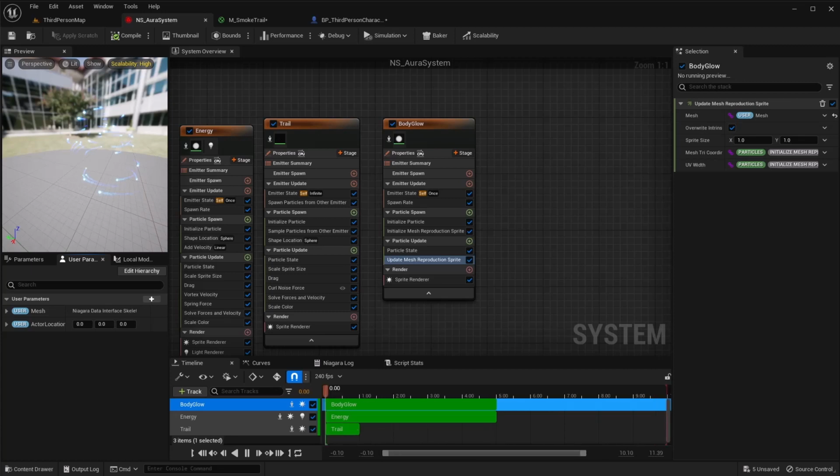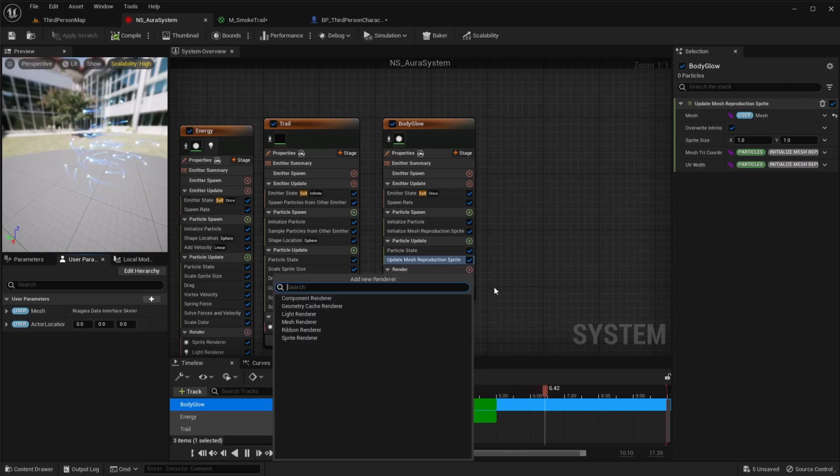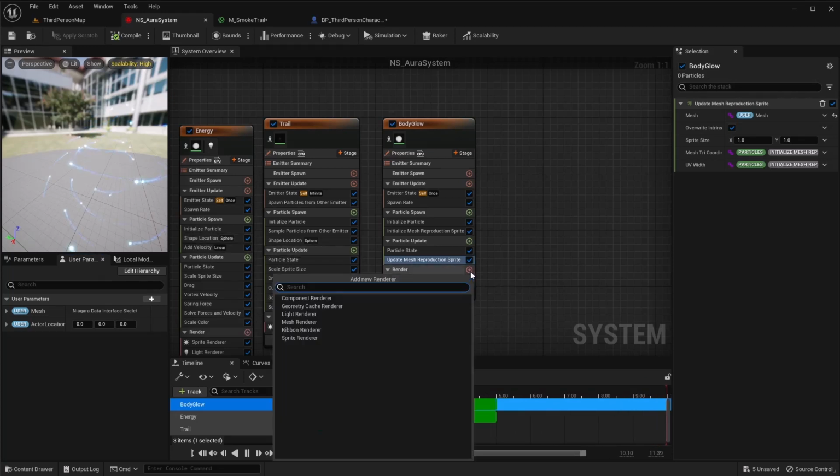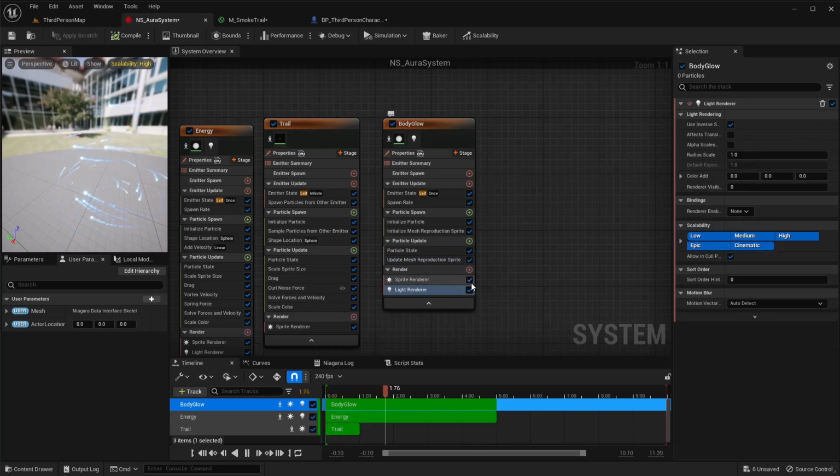Then we can add our light renderer. And for the light renderer, we no longer need the sprite renderer, so we'll turn that off for now. With the light renderer, I'm going to jump this to like a 1.5 radius.